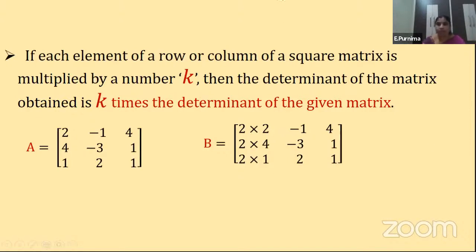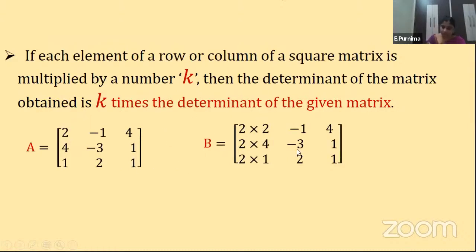So here I'm taking the first column. Either a row you can take or a column we can take, it is up to you. So here I'm taking the first column, every element of the first column. What are they? 2, 4 and 1. So these three elements of the first column are multiplied with some constant k. What is that constant I have taken here? 2. Okay, if that value k is 2 here, then the determinant of the matrix obtained is k times